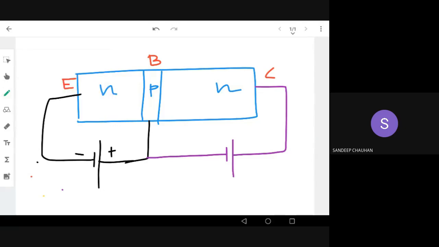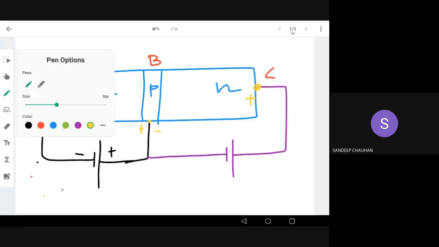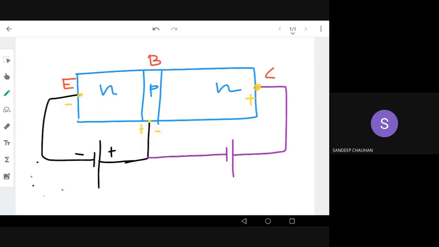Because N is getting a plus voltage and P is getting a negative voltage in the second junction, the base-collector junction. And the emitter region, which is the N region, is getting a negative voltage, and P is getting a positive voltage, that is the P region in this NPN configuration. Now we can say the base-emitter junction is forward biased, and this is reverse biased,